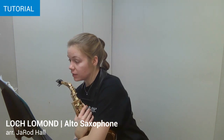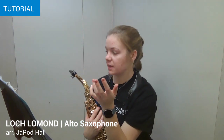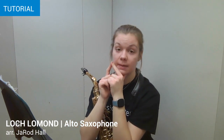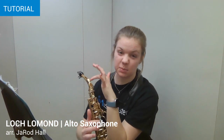So then with this più mosso, that kind of means more quickly. So a faster metronome marking is put there. So quarter note equals 90. Watch your director for that one. Same with the molto ritardando that's happening there. You're going to be slowing down quite a bit, so you'll need to be watching for that to be uniform